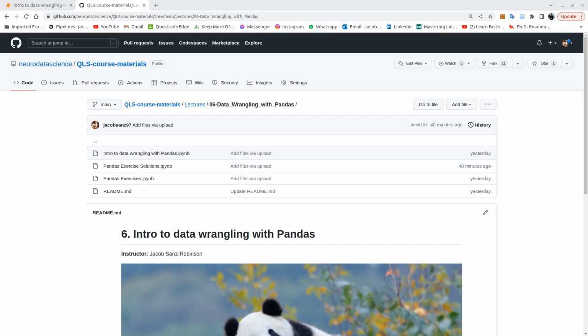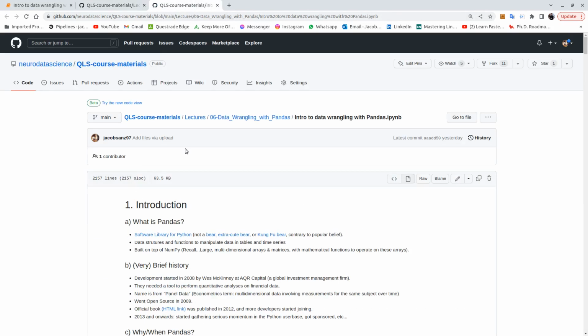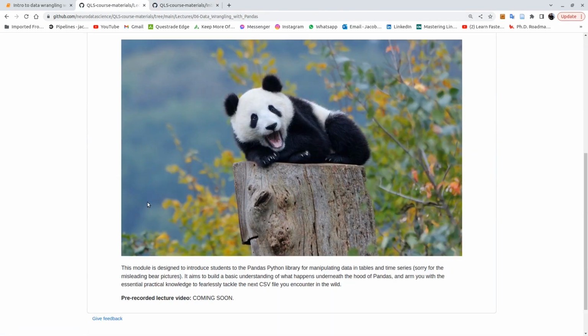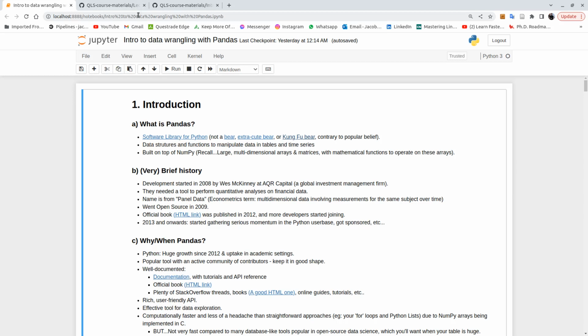So if you open the QLS course materials GitHub and you open the 6th lecture, Data Wrangling with Pandas, you will see there is an intro to data wrangling with Pandas Python notebook here. And you'll probably want to follow along with this as I go through the lecture. We'll also see the exercises and solutions a bit later. If you scroll down, you'll see a picture of a really cute panda, but that is not what we are speaking about today. So let's go to our Jupyter notebook, and let's start off with a little bit of an